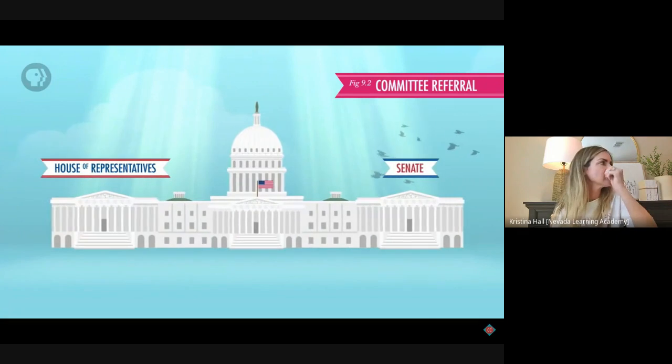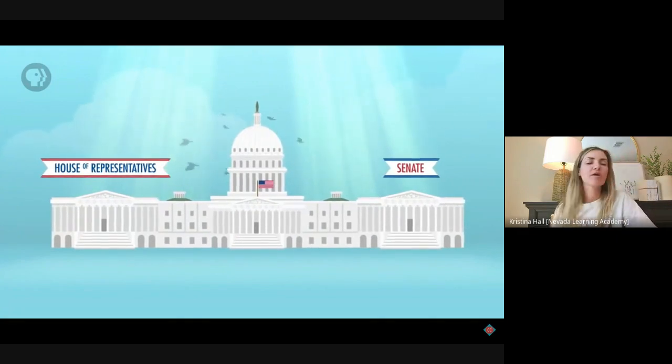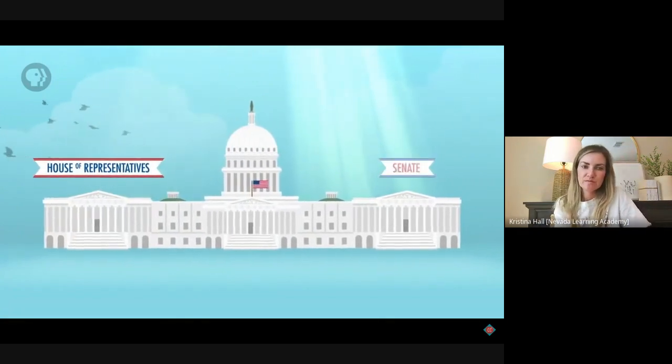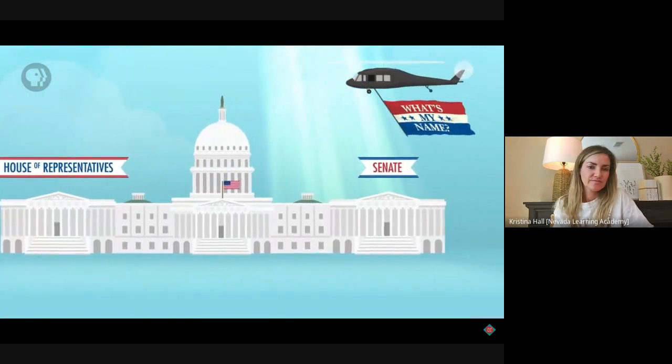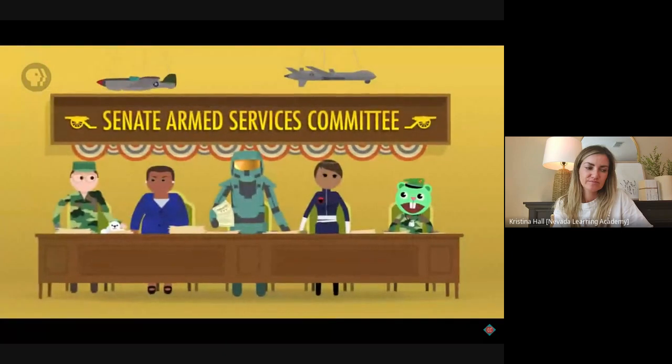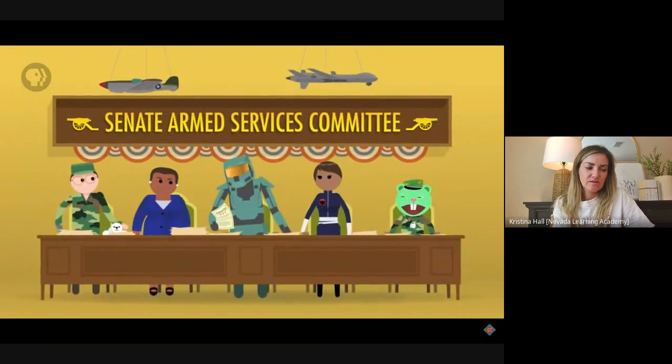Although most bills can start in either house, except for revenue bills, which must start in the House, let's imagine that our bill starts in the Senate because it's easier. Congress has the power to make rules concerning the armed forces, so let's say this is a bill about naming helicopters. Anywho, this bill would be referred to the Senate Armed Services Committee,